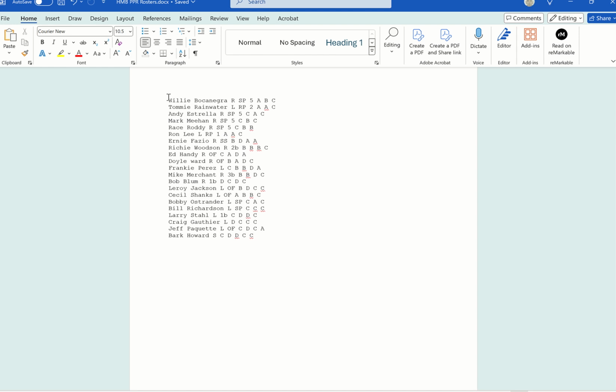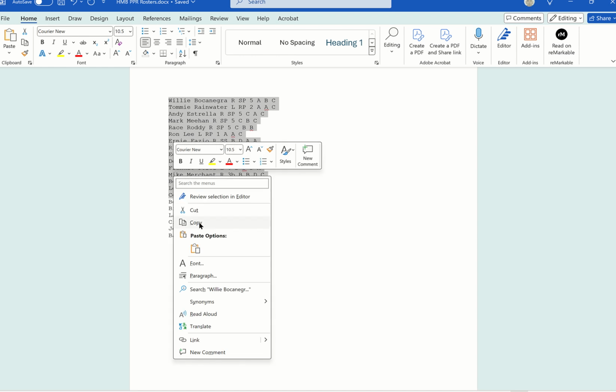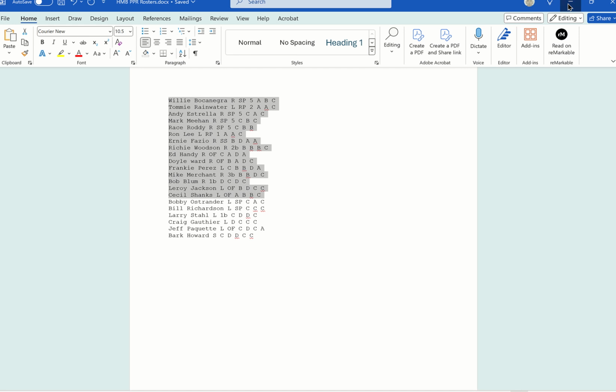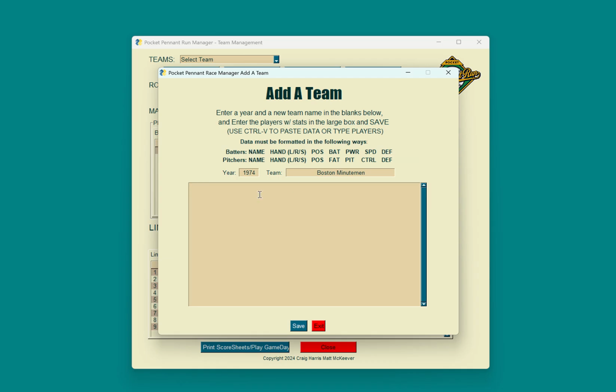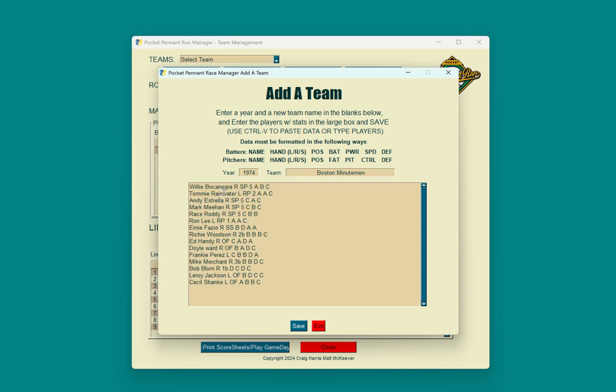So what we do, we can put 15 players, and I know that 15 takes us down to Cecil's Shanks. Let me just check out 3, 4, 5, 6, 7, 8, 9, 10, 11, 12, 13, 14, 15. Yep, takes us down there. So all you do is you right click, press copy, minimize this, and then go into here. And right click won't work in here because it's a specific app, so you've got to press Control and V to paste, and then you get all your players that you've got there, and you press save, and the program